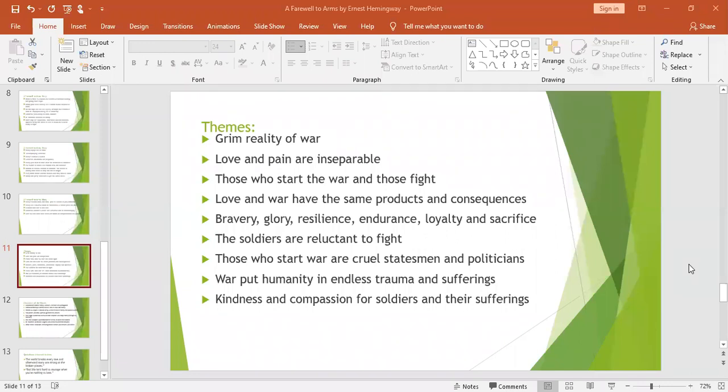Another theme is those who start the war and those who fight it. Those who start war, basically the politicians and statesmen, start war and the soldiers fight it, but soldiers don't want to fight the war. Those who start war have their selfish intentions, their gains, and their superiority over other nations. As we know, the First World War,